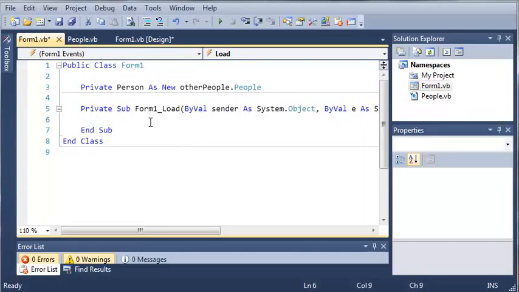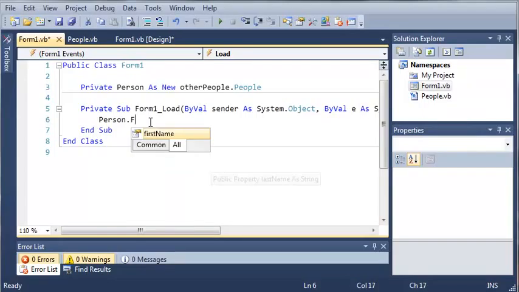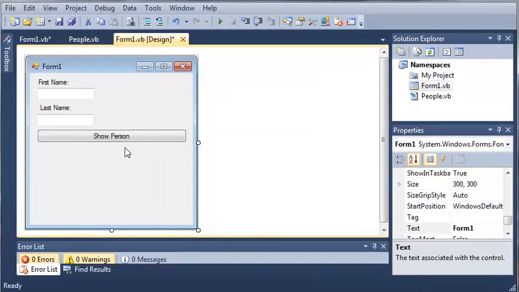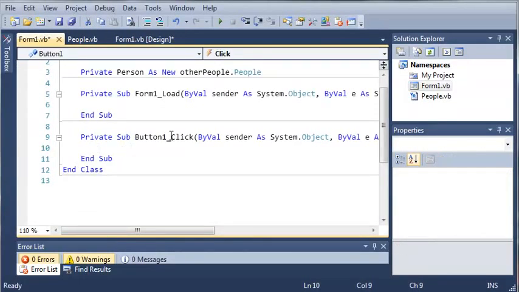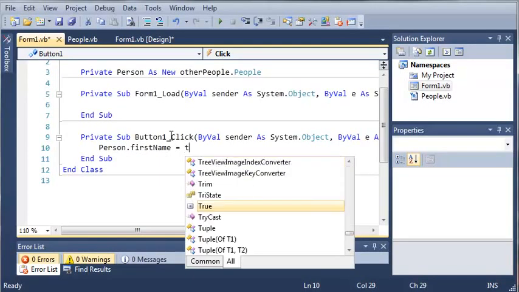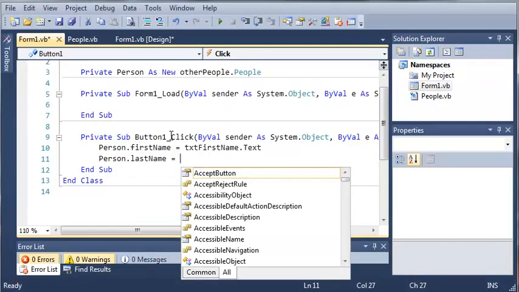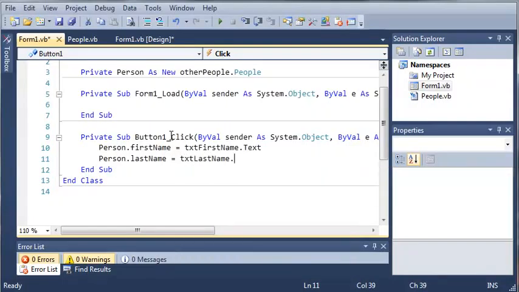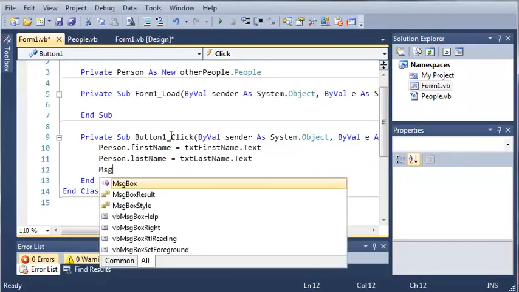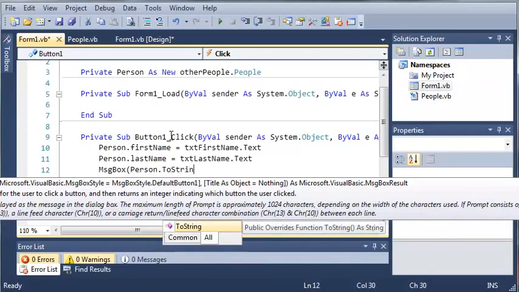Okay, so now what we can do is type person dot first name, or here, we need to leave that out of there. We need to come to our button 1 event click. So person dot first name equals text first name dot text, and person dot last name equals text last name dot text. And we'll just go ahead and show that in a message box. So we'll type person dot toString,